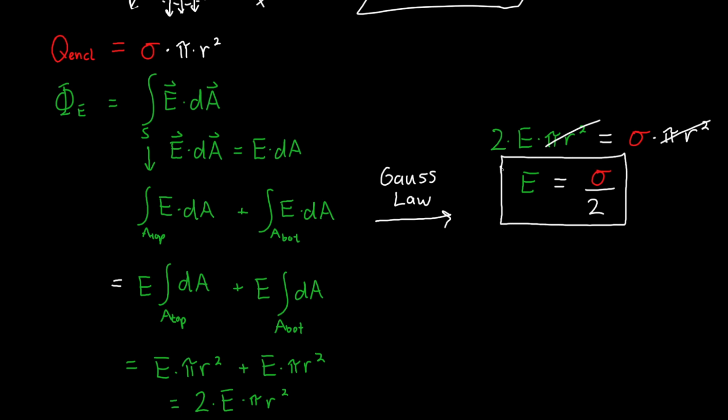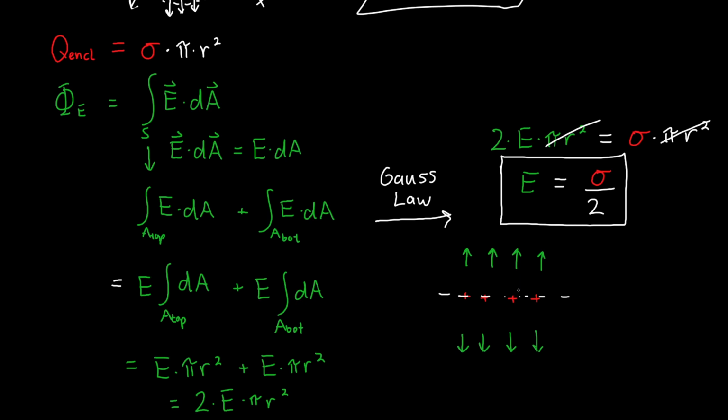This is the magnitude of the electric field for the positively charged plate. And for the direction, we assumed that it was pointing outwards, and we got a positive answer. So the electric field is indeed going to be pointing out away from the plate. So if this is the plate where this positive charge is located, the electric field is always pointing out away